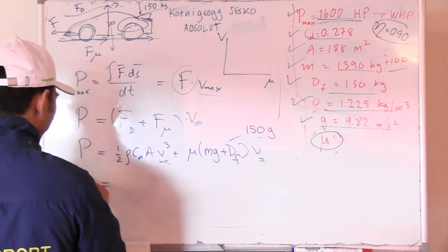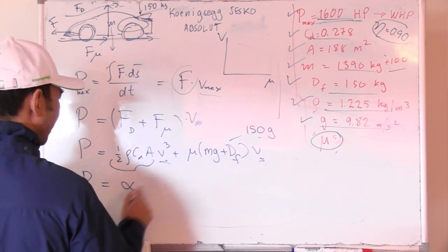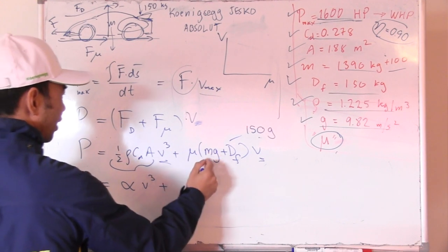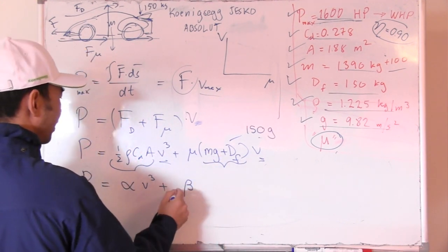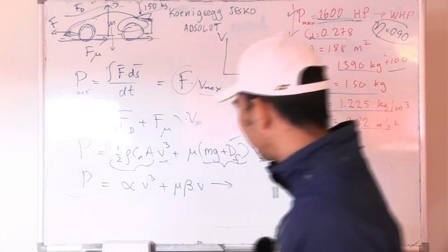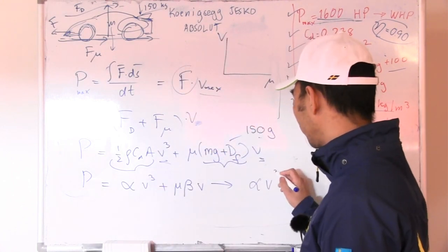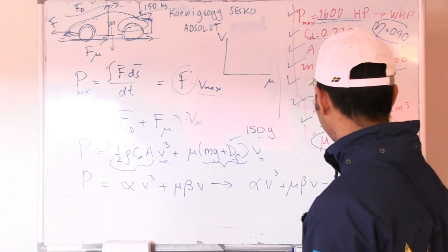So first of all, we try to rewrite this as a new variable to simplify it, like alpha, and this one will be v cubed plus this thing will be beta, and I let the mu be mu and v. So we just try to solve this equation, and that will be alpha v cubed plus mu beta v minus p, and I have to